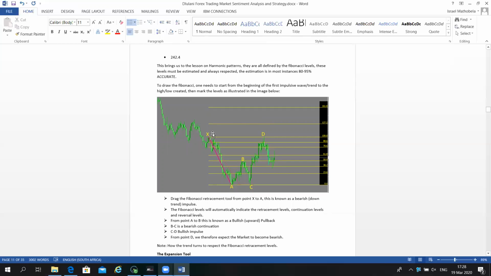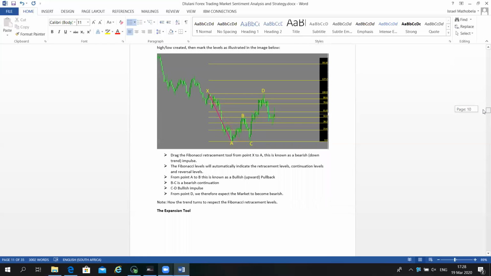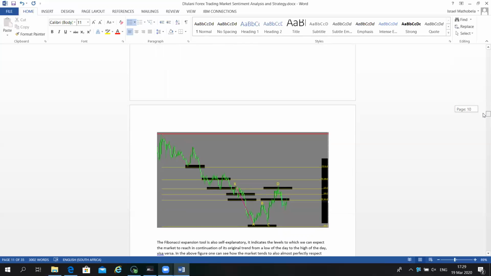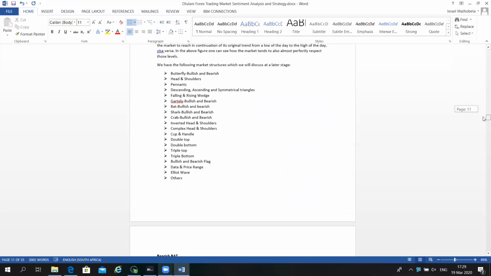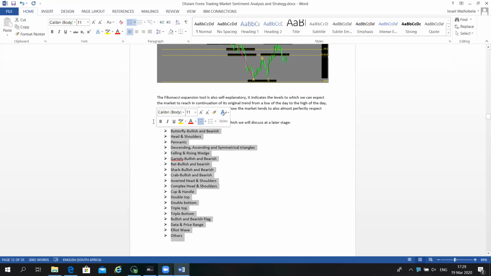So here I was just showing in the book how you identify or draw a harmonic pattern, right? This one is the use of the Fibonacci tool. This one is the use of the expansion tool. Then here I listed all the possible harmonic patterns that you are going to